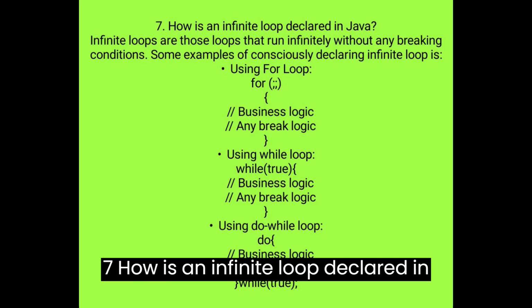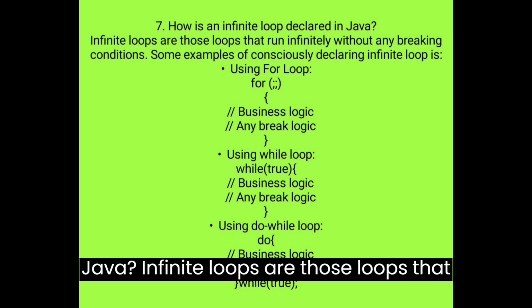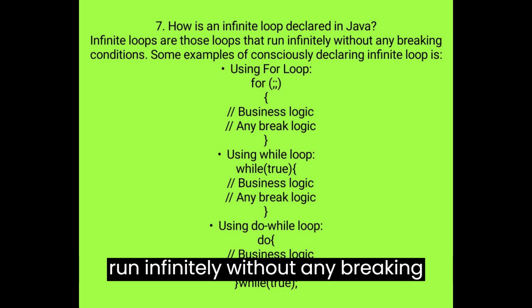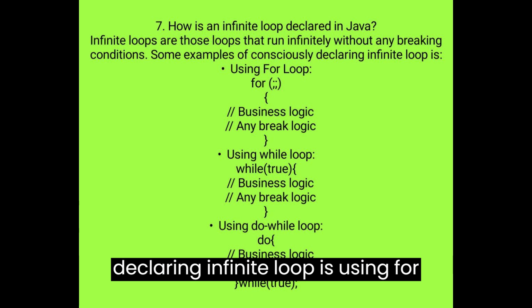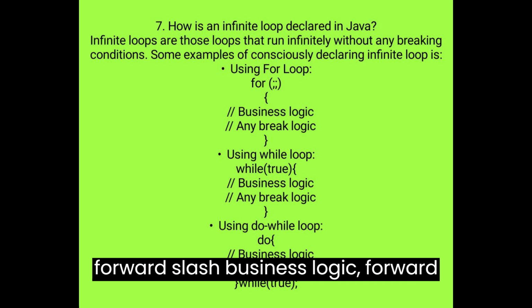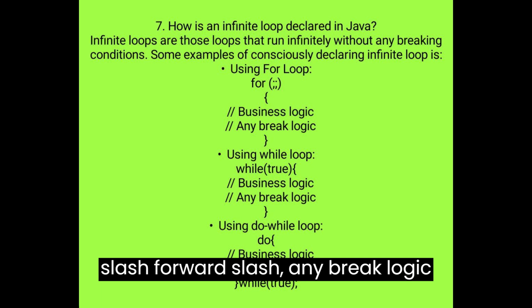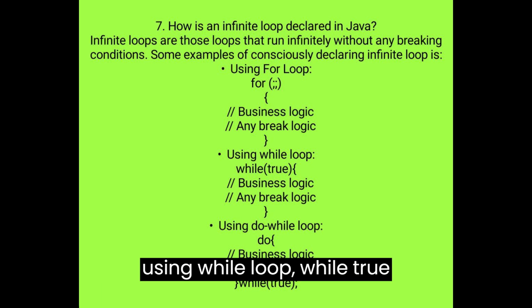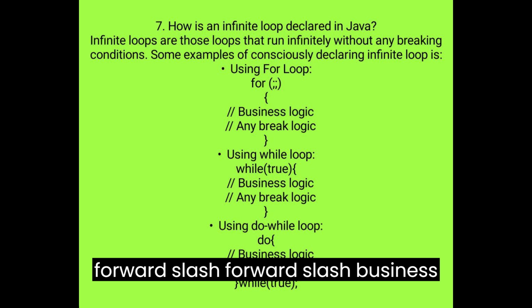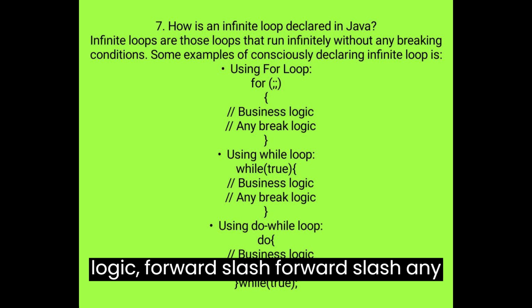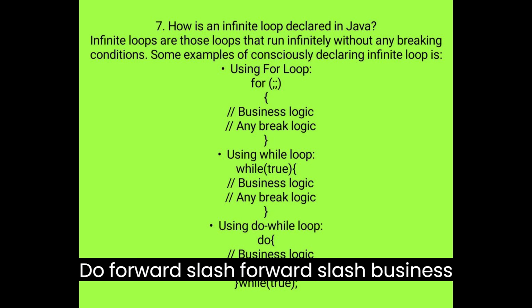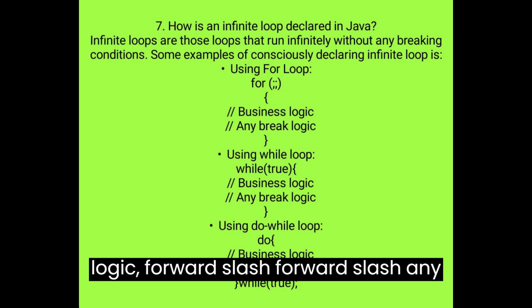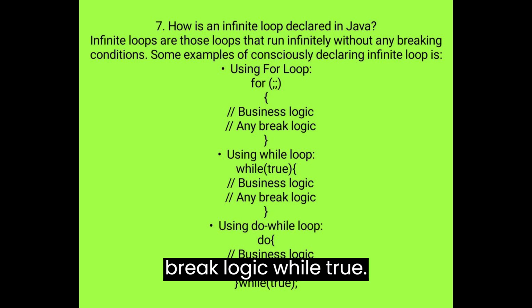7. How is an infinite loop declared in Java? Infinite loops are those loops that run infinitely without any breaking conditions. Some examples of consciously declaring infinite loop is using for loop, for(;;) { // business logic, // any break logic }, using while loop, while(true) { // business logic, // any break logic }, using do while loop, do { // business logic, // any break logic } while(true);